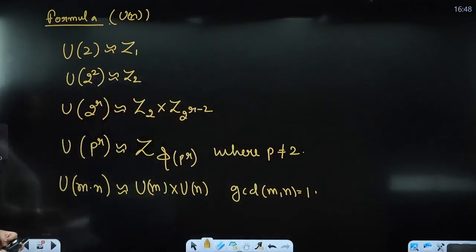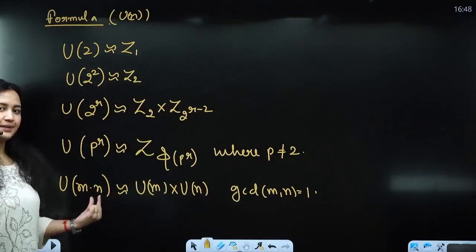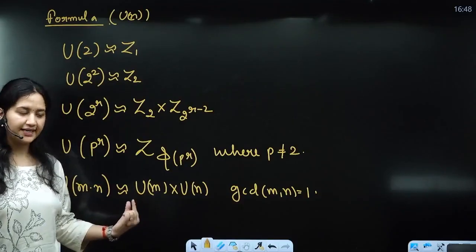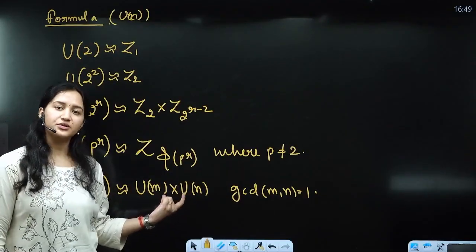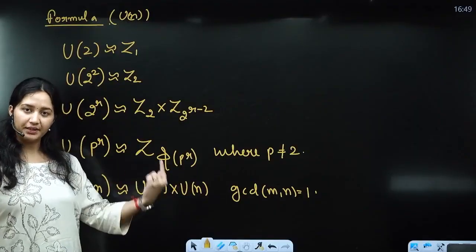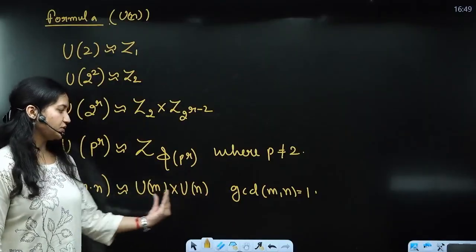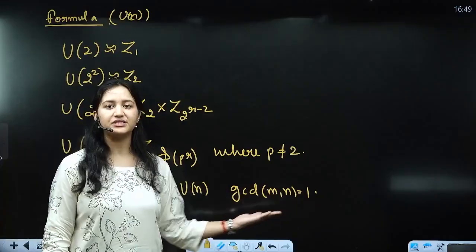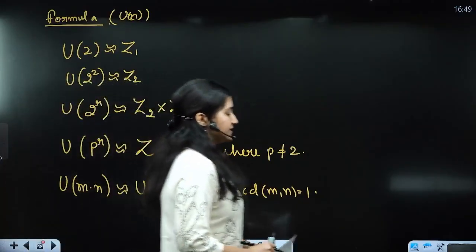So basically we are talking about when we can express a number in terms of separate powers of prime numbers, right? It is when हम उसको क्या कर सकते हैं, we can write it in the form of composition of groups. यहाँ पे m is going to be one power of a prime number and n is going to be another power of a prime number, right? And these two are going to be co-primes. That means the GCD of those elements is going to be 1.